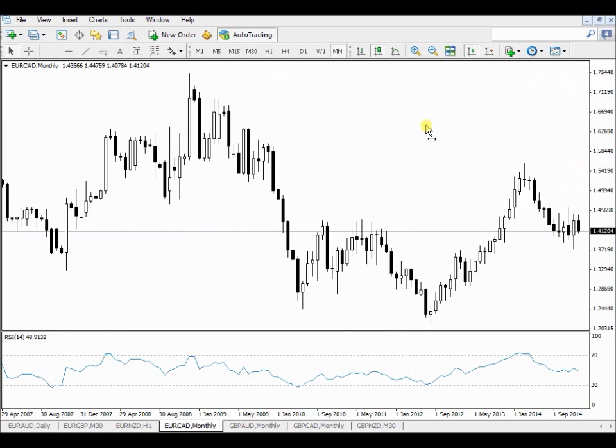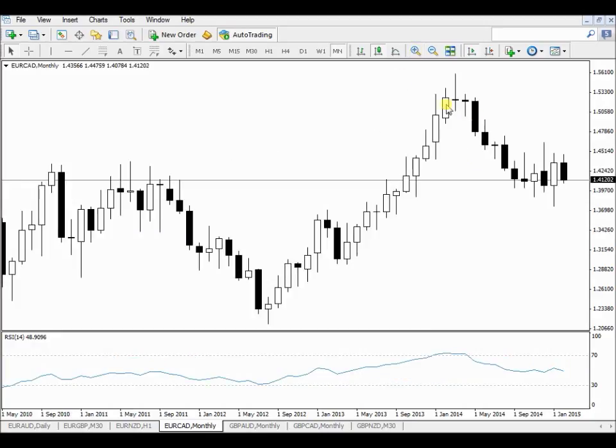Guys, this is a pin bar. It is a candle whose open and close are very close to each other, and the wicks, do you know how the candles are formed? The wicks are more than 80% of your complete candle. That is a sign that the market is turning. That is only one candle, but that candle can show you that the market is most likely in a sideways movement or most likely going to turn around.